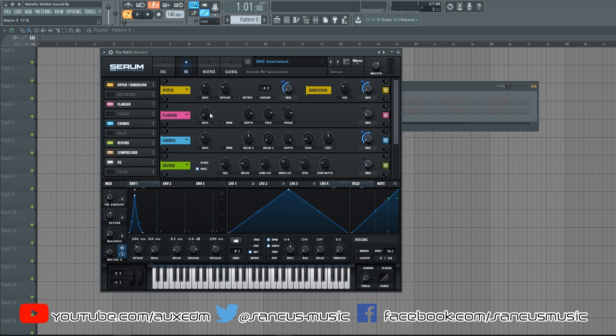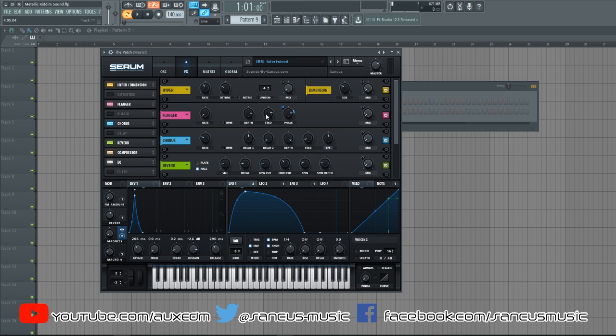We have a flanger with the rate down and depth, feed, and phase pointing to the right. And we're modulating nothing with an LFO here. Actually, we're modulating the mix with LFO1. And then we have the... where is it? We have something on the phase. Just trying to figure out what it is. There we go. It's the madness knob that's on the phase here. So that is going to get us different kinds of pitches as well.